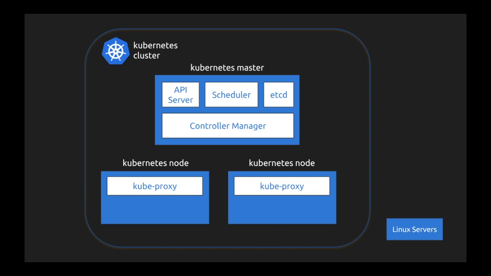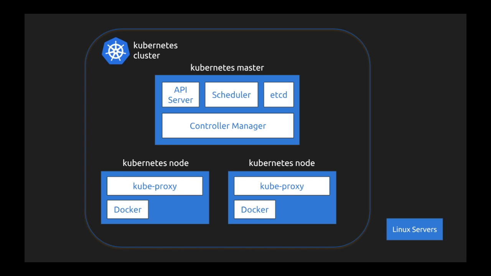Inside the nodes, the first component is the kube proxy. Kube proxy is the component which is going to have a network proxy layer across the node. If you want to interact with processes running inside a node, you need to talk with the kube proxy, and kube proxy allows you to talk with the containers which are running inside these nodes. So this is like an abstraction layer or the networking layer which acts as a load balancer for talking with the processes inside the worker nodes.